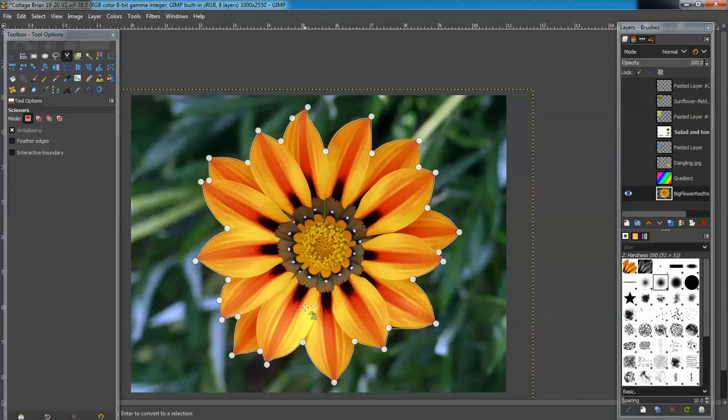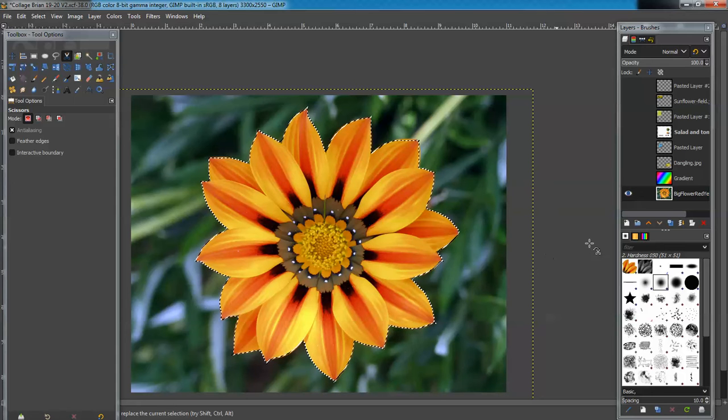Okay, so when I'm done editing, maybe this one could probably scooch over a little bit. I got overzealous, and now it's causing problems. So I'm going to add an anchor point there and then move that out slightly. Alright, good enough. Now when I've done editing my path, I can hit enter and it turns it